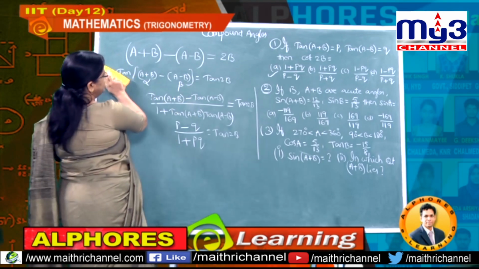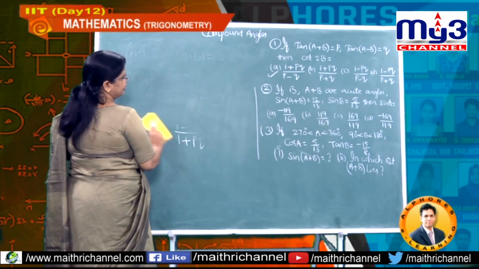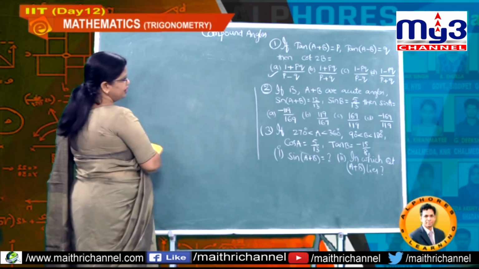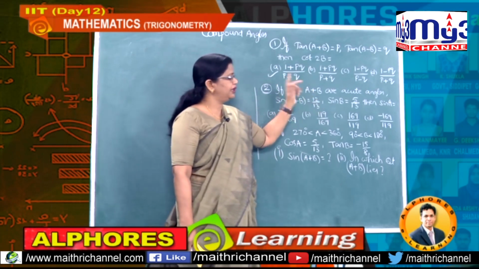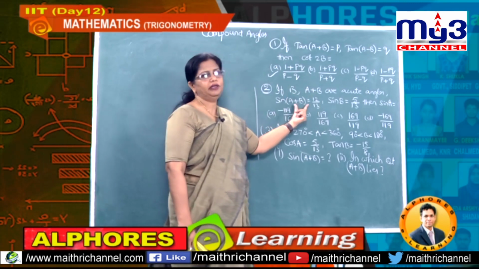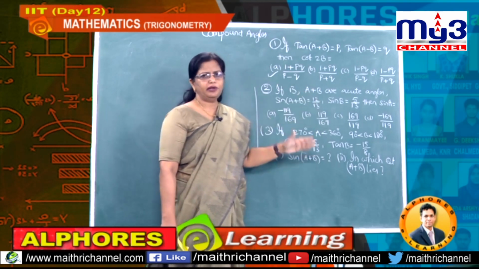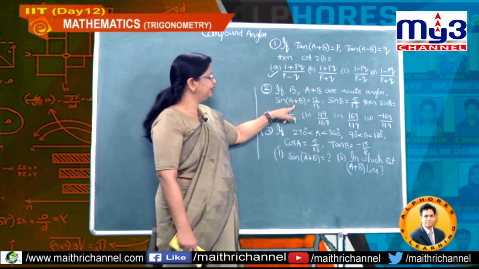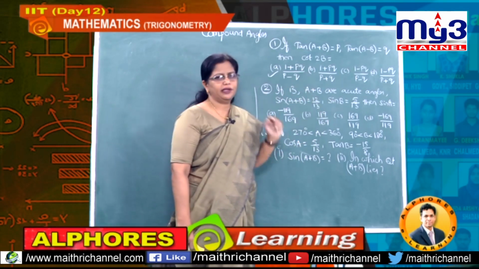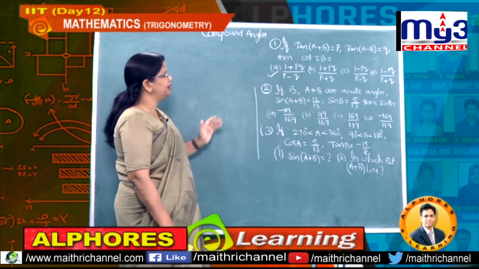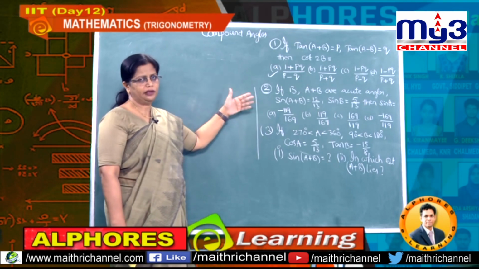Now let us go to the second problem. What is our second problem? Angle B and A plus B are given, those are acute angles. Once these two are acute angles, the information is given in terms of sin(A plus B) and sin B, and they are asking about angle A. So values are given in terms of A plus B and B, now they are asking about A. Just now you observed how we started the previous problem. In the same way we are going to start here, understand?